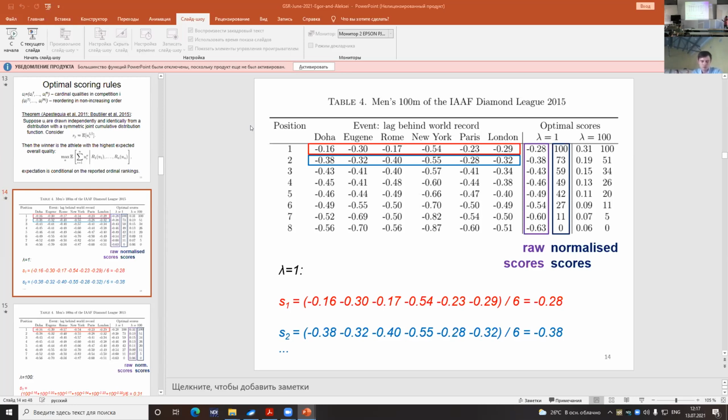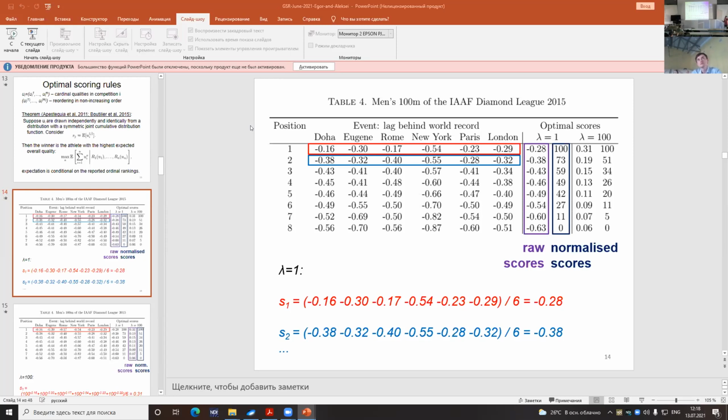And for convenience, usually we normalize these scores because we can multiply every scoring vector by a positive constant and add any positive or negative constant. So we can normalize it such that the score for the first position is always 100 and the score for the last position is always 0. So that is how we can get normalized scores. And if an organizer likes to measure overall cardinal performance using lambda equal 1, so this function, they should use this scoring vector on the right of the slide,